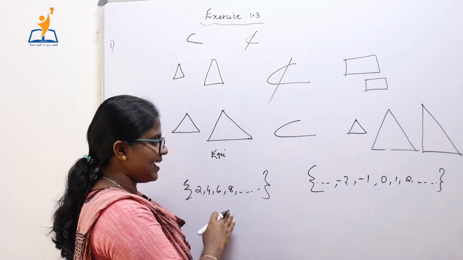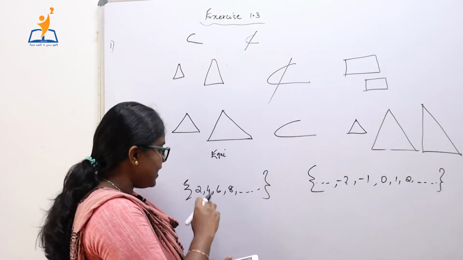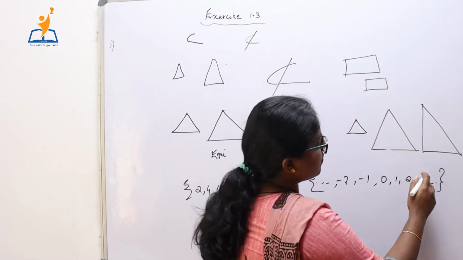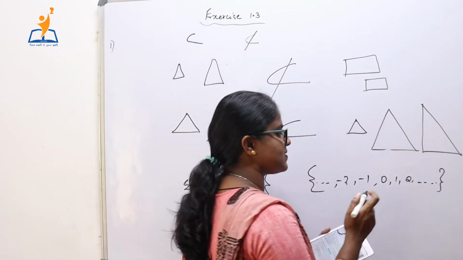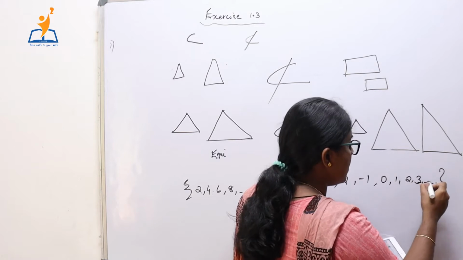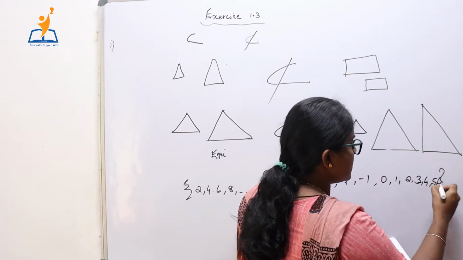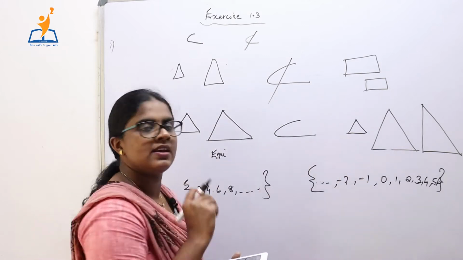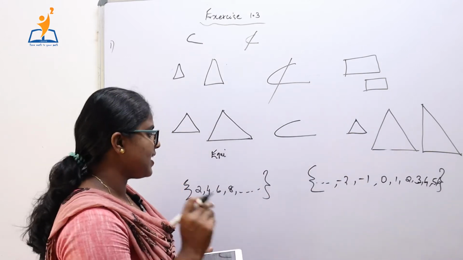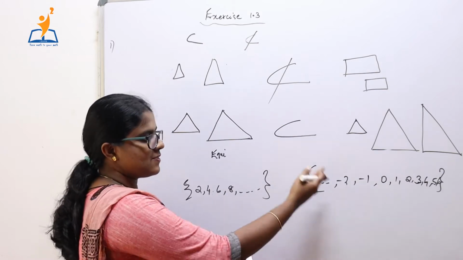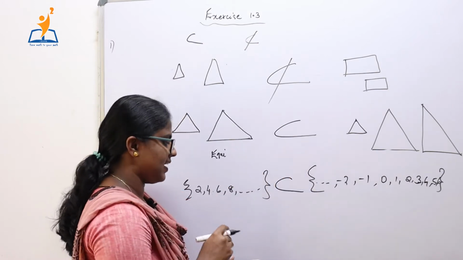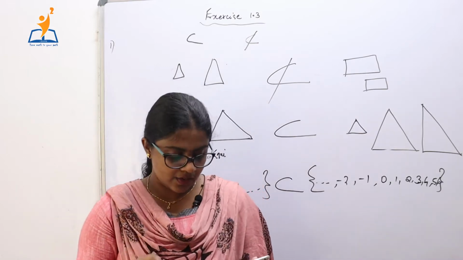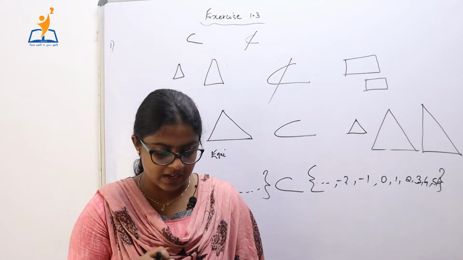Now is this set a subset of that set? Here we have all even natural numbers, and here also all the even natural numbers are present, because here we have 2, 3, 4, 5, 6 and so on, which means all the even natural numbers are present there also. So we can say that every element of this set is present here. So we can say this set is a subset of the other set. Now that is the end of question number 1.